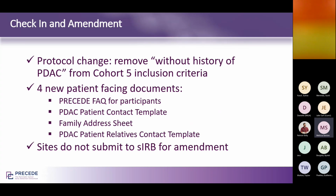Along with the check-in, we also have an amendment going through for the protocol. We are removing the "without history of PDAC" from the cohort 5 inclusion criteria. And we also have 4 new patient-facing documents. One is a PRECEDE FAQ for participants. And then we have the PDAC patient contact template, an email and letter